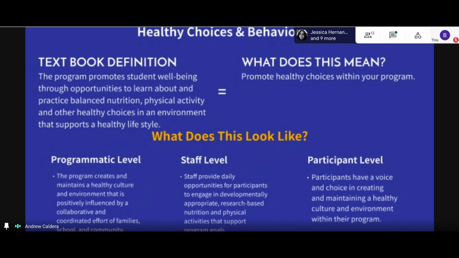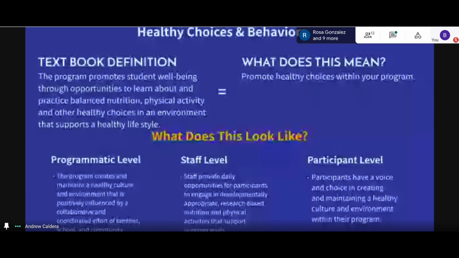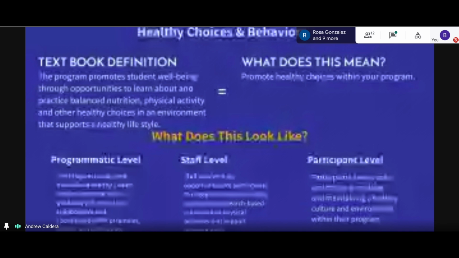And maybe you could say, next week we'll play that. We'll do that for sure next week. So it's always about making sure they have a voice to also create that healthy choice and behavior within themselves. Does anyone have any questions on healthy choices and behaviors? No? All right. If you do, just feel free to hop on the mic.